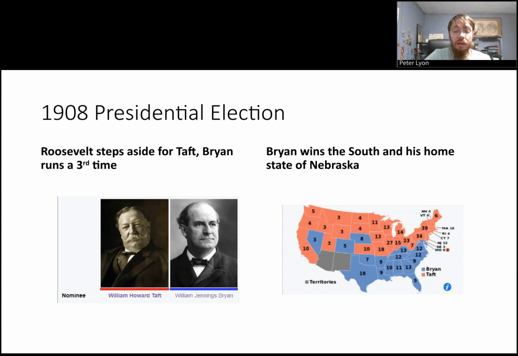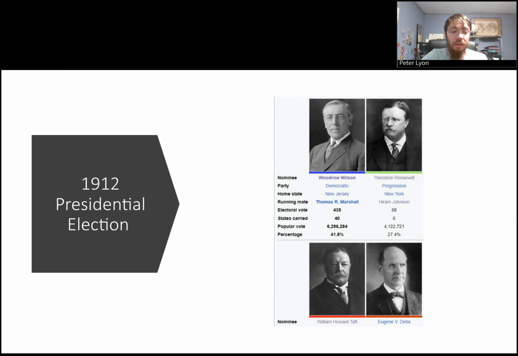And so in 1908, Roosevelt steps aside for Taft. And William Jennings Bryan, the progressive hero, becomes a third-time loser for the Democrats. Basically, Bryan wins the South and his home state of Nebraska. The most interesting, exciting of these is the 1912 presidential election, because it is a four-way contest